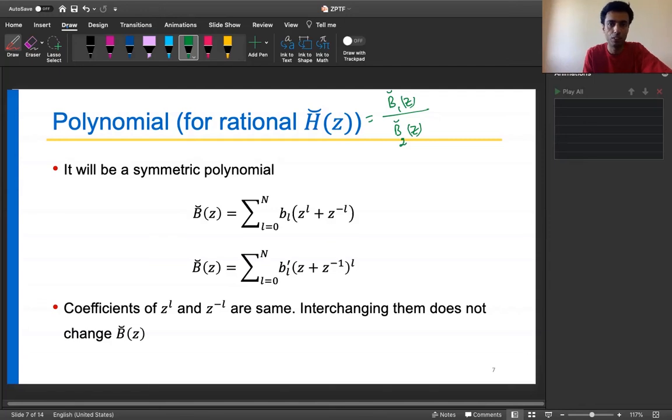So what does that mean? It means now my B(Z) will be of this form, some z to the power L plus z to the power minus L. So if this condition is satisfied, then I can assure that my B(Z) is symmetric, which means my B inverted cap Z is equal to B inverted cap Z inverse, right? Because you know this